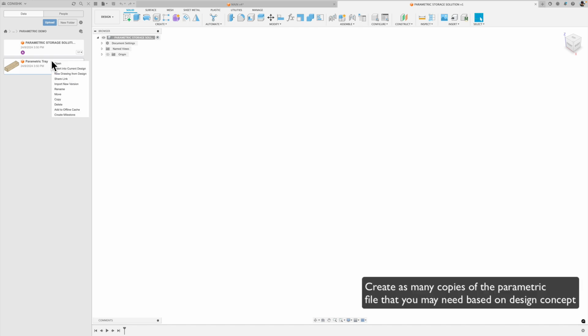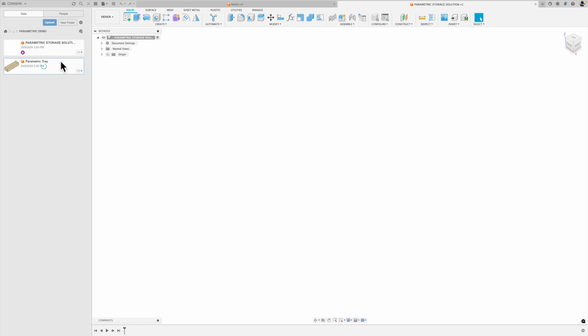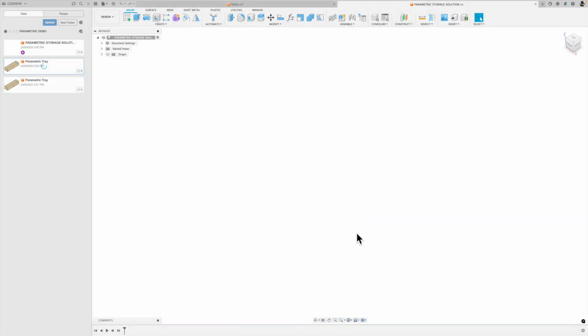And we want to make two more copies in this particular case. So depending on your design, you might need fewer or more copies. As we saw at the start, I've determined that three modified copies will be suitable for this particular design. And so we create three of those,